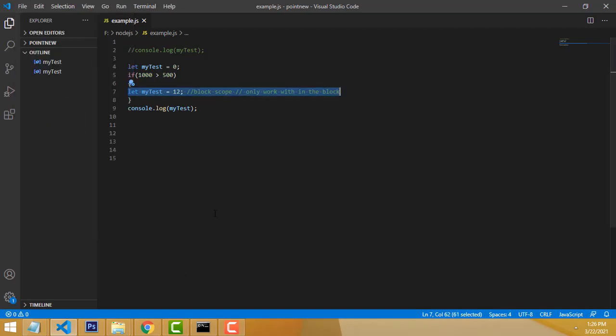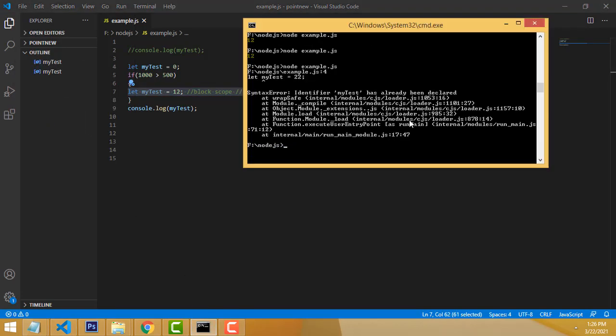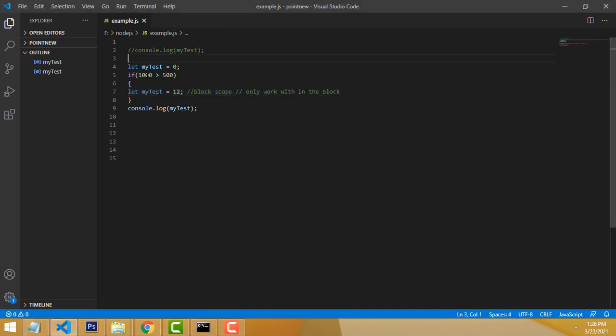Let me see the output. What happened here? 0. What happened? This condition is true, 1000 greater than 0, but it won't print it, because the value I assigned here is outside of the block.